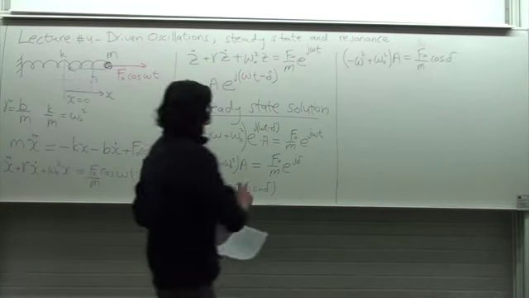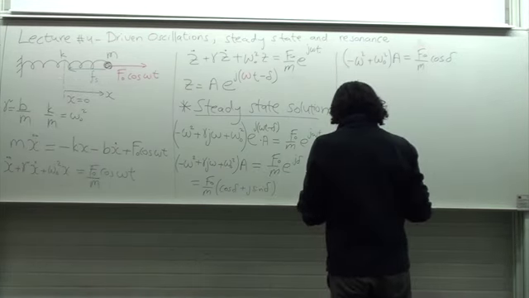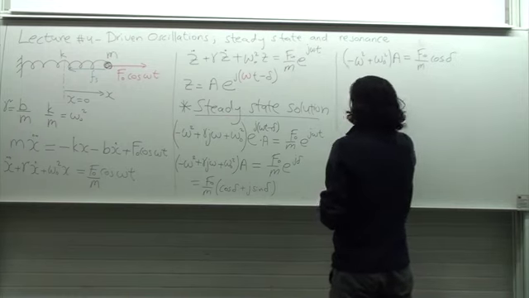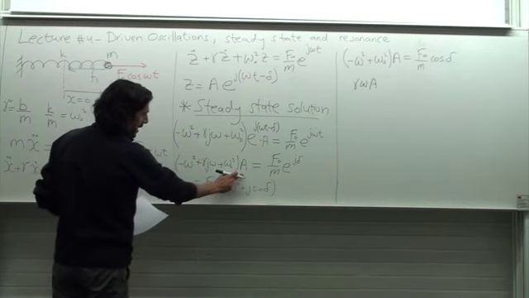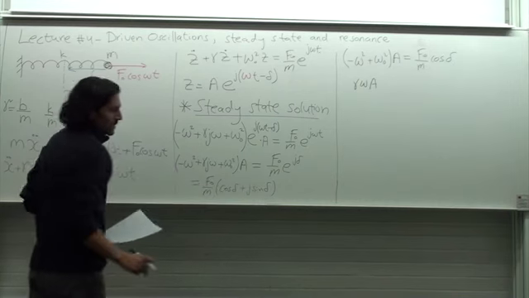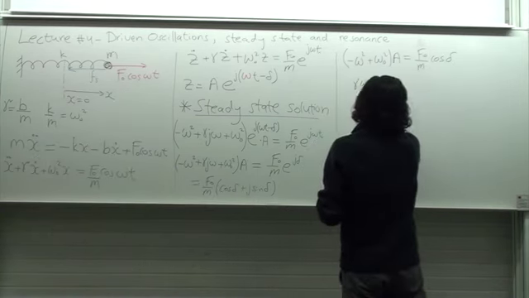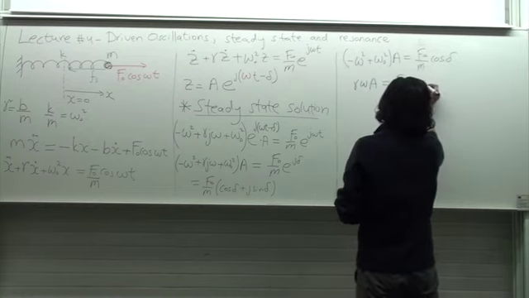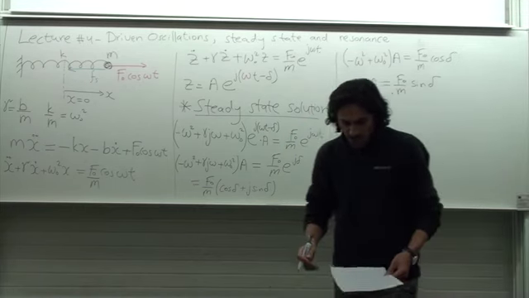Okay. Now the imaginary part here, which is gamma omega a. I'm dropping the j because it's on both sides. We have gamma omega times a, and on this side we have f0 over m times sine delta. This is f0 over m sine delta. It's easy to solve